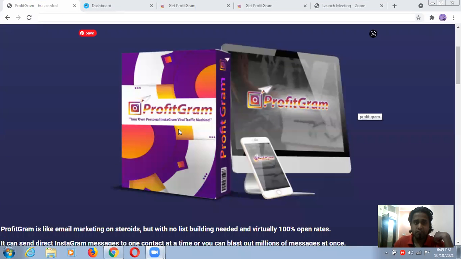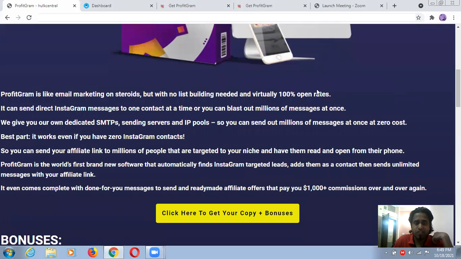Today I am here with this product, which is ProfitGram, and what problem will this product solve? Actually, if you are an email marketer or running paid advertising, you always know the open rate in email marketing is only 8 to 12%, max 15%. And if you are running any type of advertising, you already look for the CTR, which is click through rate, and which is always low.